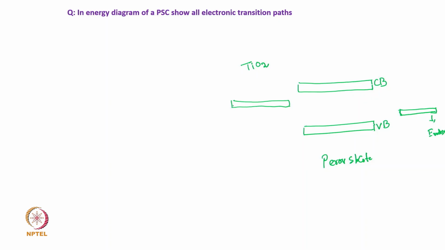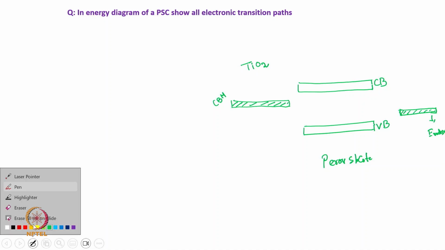So, this is actually the conduction band minimum, or conduction band edge, of TiO2, and this is the redox level. Okay. So, if we look at the transitions, then the first transition is